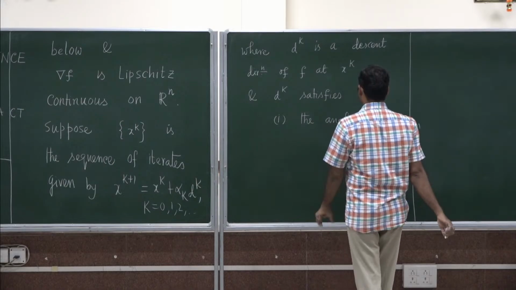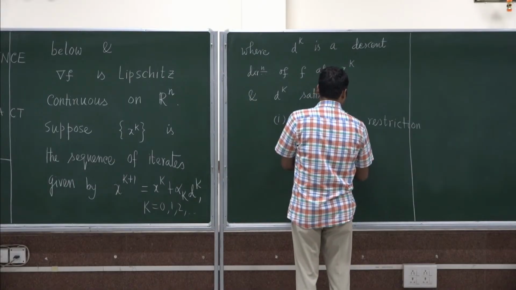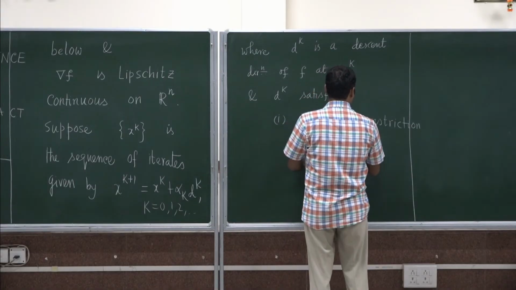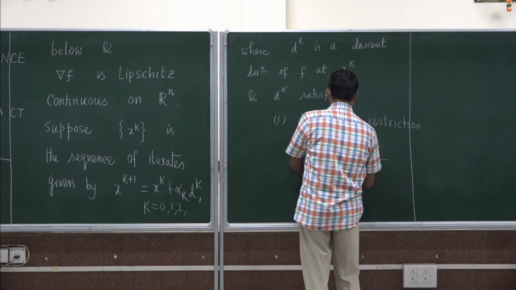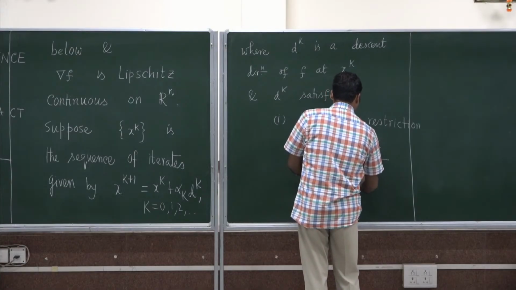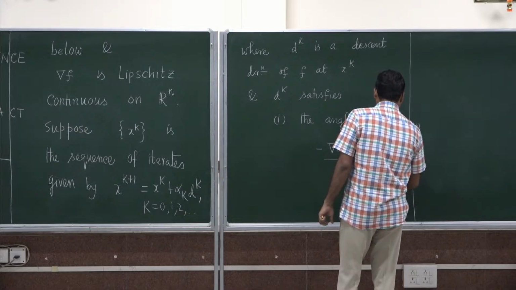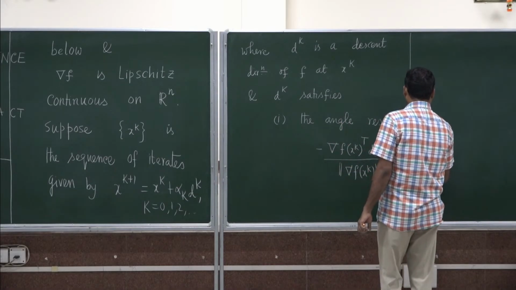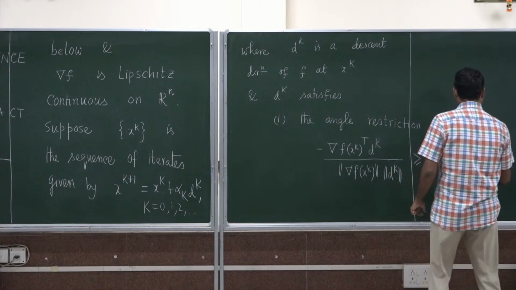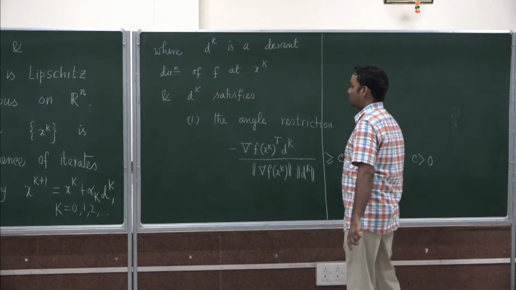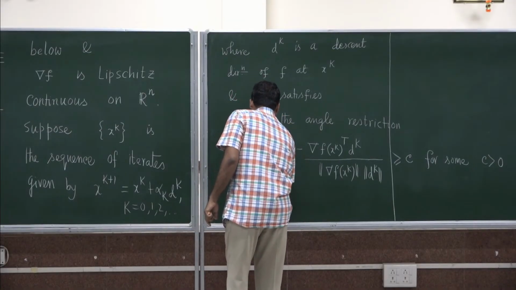that I mentioned on the last day, that the dk's are uniformly bounded away from the negative gradient, which is mathematically this inequality, for some c greater than 0, and also we assume that